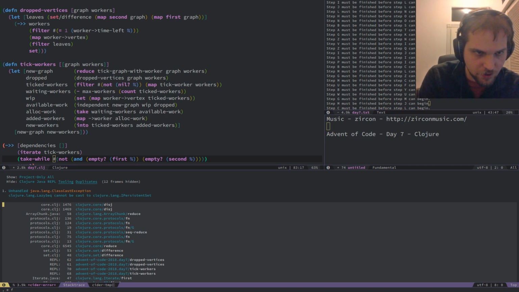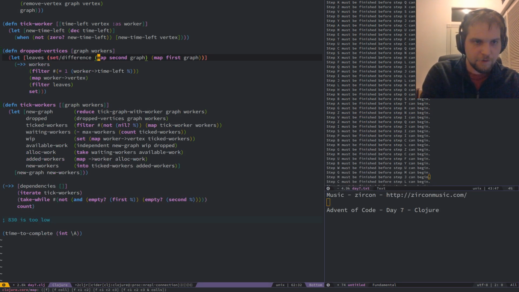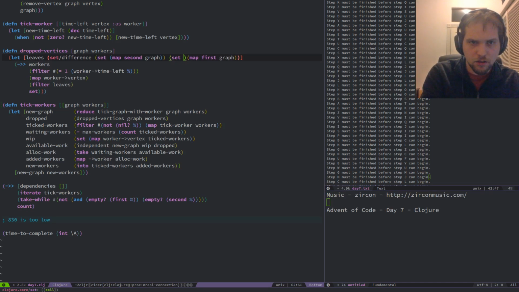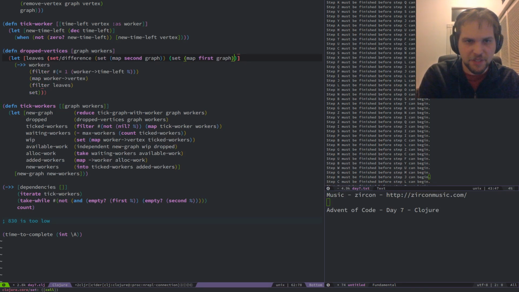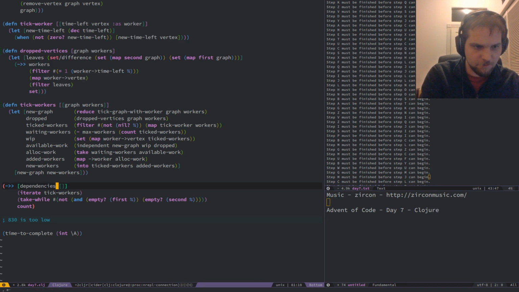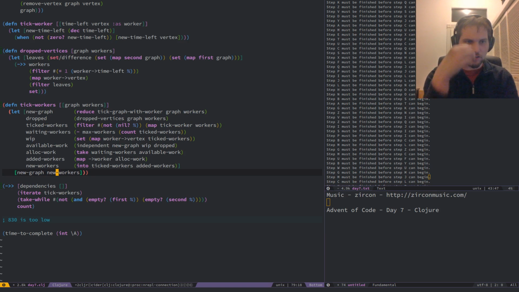Dropped vertices. Is there a map set like there is for map V? Probably not. Not a good sign.